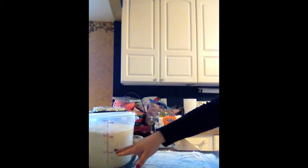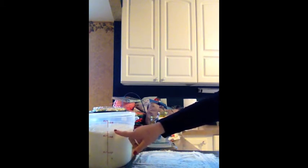Okay, so we're continuing with our bread making from last night. This dough has been sitting out of the refrigerator now for approximately 12 hours. It is 10:50 a.m. and I put the dough in the refrigerator at 10:30 last night, and we popped the lid, and this is what it has become. If you remember, when we put it in, it was down to about here. And now it's risen past the 4-quart line,